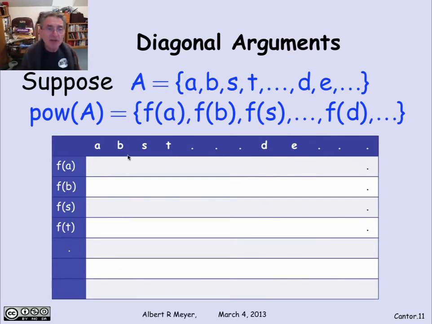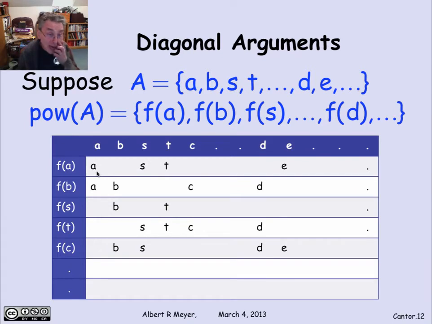So here's this matrix where I'm labeling the columns of the matrix by the elements of A. No particular order here, but in order to draw a matrix, I have to write them down in some order. And likewise, the first row is going to be f of this element A. Well, what is an f of A? F of A is going to be a set of elements. So let's just write the elements in f of A down under the corresponding column label. So here's an example where f of A has an A in it and no B, but it has an S in it and a T in it, no C, no D, it has an E. Likewise, f of B has an A and a B and no S or T, but it's got a C